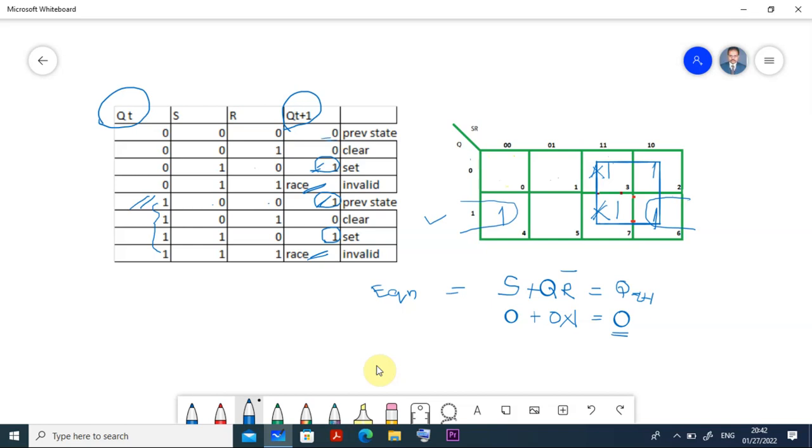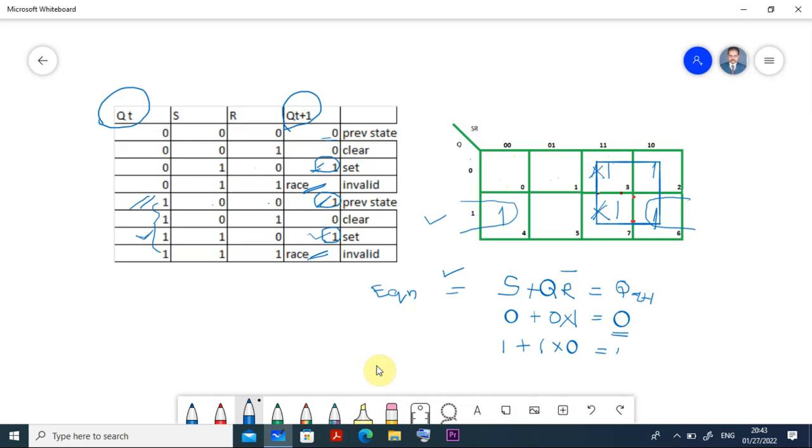You see, Q t plus 1 is equal to 0. You can say, sir, this is not clear. We can take another case. We will take the case when all are 1. So S is equal to 1 plus Q is also 1, and R is equal to 1, and the inverse of R is equal to 0. Then 1 into 0 is equal to 0, 0 plus 1 is equal to 1. Can you see here? The output Q t plus 1 is also equal to 1. That means whatever you are doing, the same thing we are able to achieve using this equation.